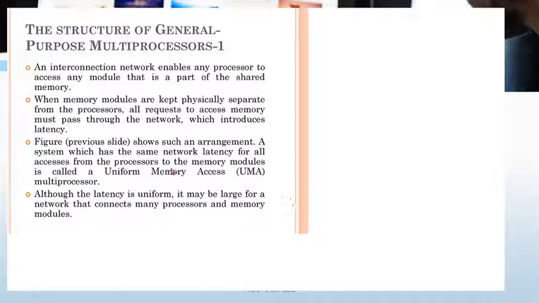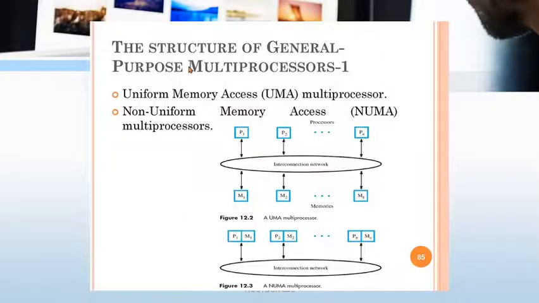Here we are going to discuss UMA, uniform memory access, where the latency is uniform. Let's see the diagram also. There are two very important types: one is uniform memory access, another is non-uniform memory access. UMA has a structure like this: separate memories, memory 1, memory 2 and so on, and processor 1, processor 2, connected by an interconnection network. Processor 1 uses M1, processor 2 follows M2, and processor N follows M1 and so on. So we can work together and improve system performance very fast. This is the small diagram for UMA.